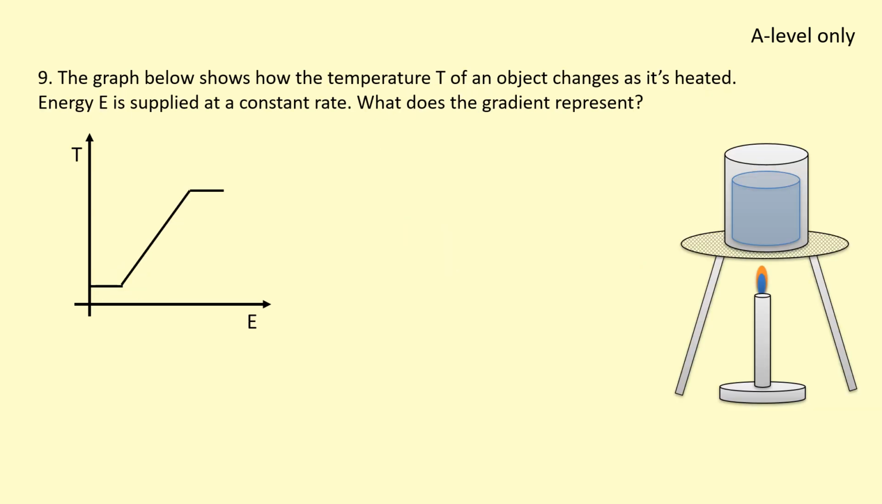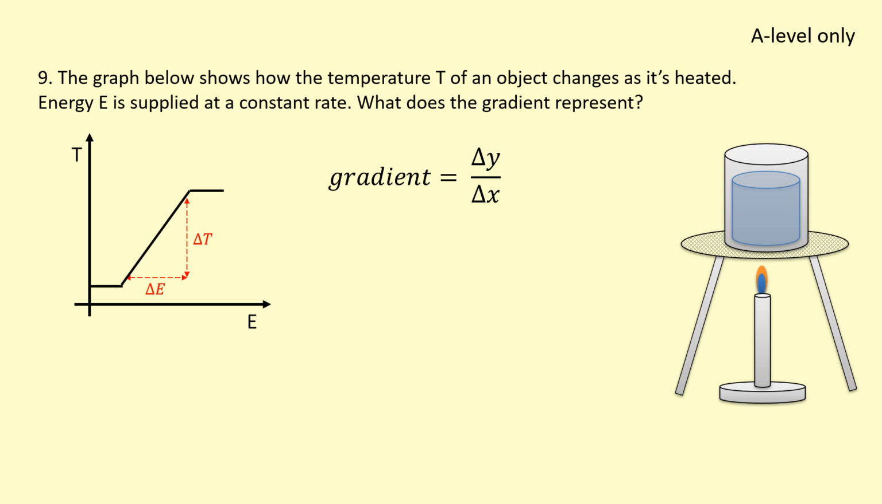Final example, the graph below shows how the temperature T of an object changes as it's heated. Energy E is supplied at a constant rate. What does the gradient represent? Okay, the gradient is going to be changing y over changing x. Let's pick a point where there is a change in y, which is a change in temperature, and there's a change in energy there. Okay, so I'm going to look through my equation sheet under the thermal physics topic for